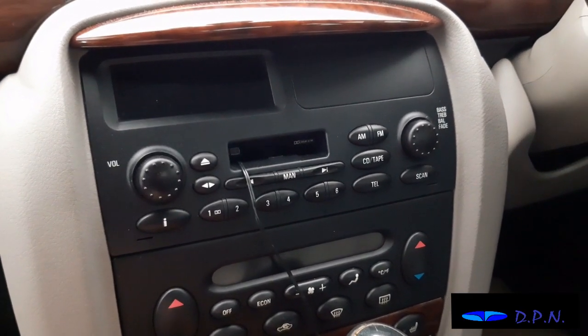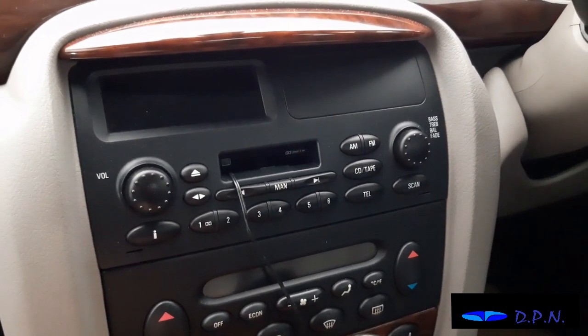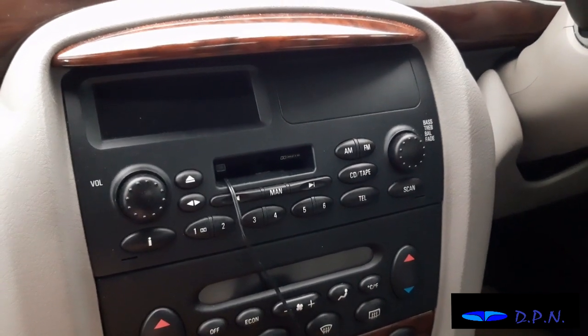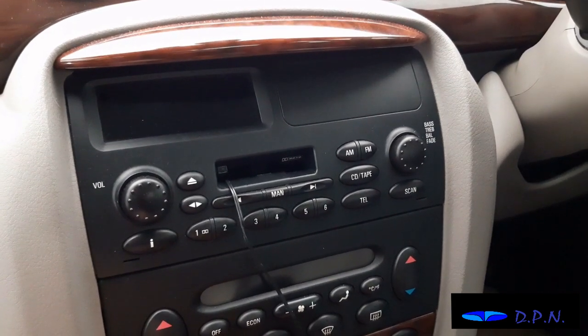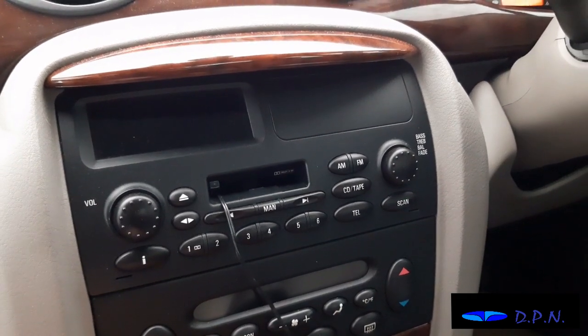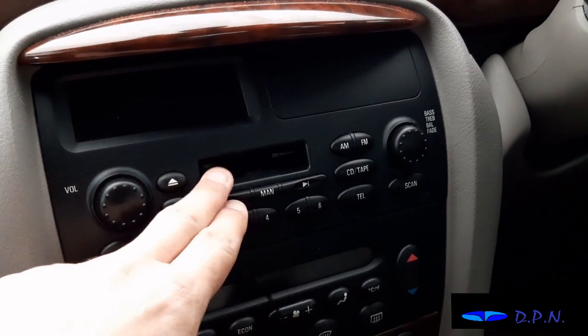I thought I'd do this little video on our CD changer has jammed, or we assume it's jammed, or it's broken down or gone wrong in some way. We're in our maroon Rover 75 Connoisseur 2001. It's got a very nice radio in it, this one. I think it's the Symphony radio, and as you can see, you've got the cassette deck there, and we've got